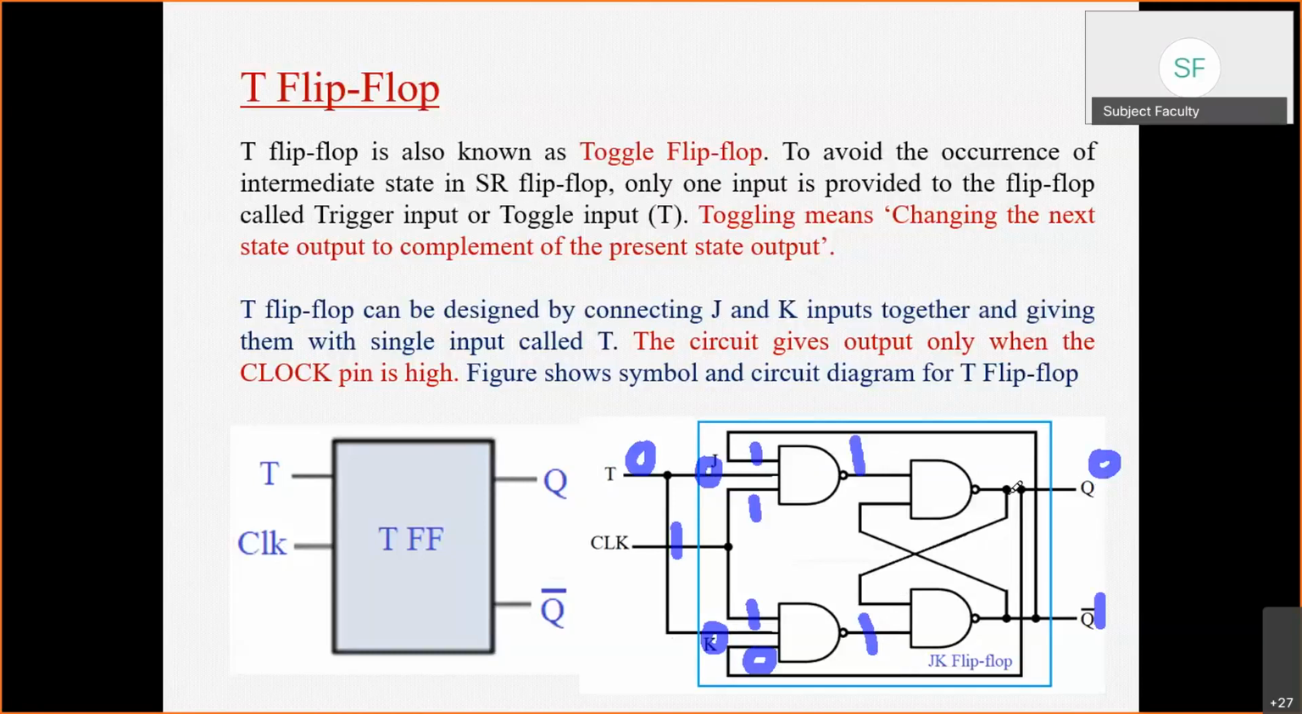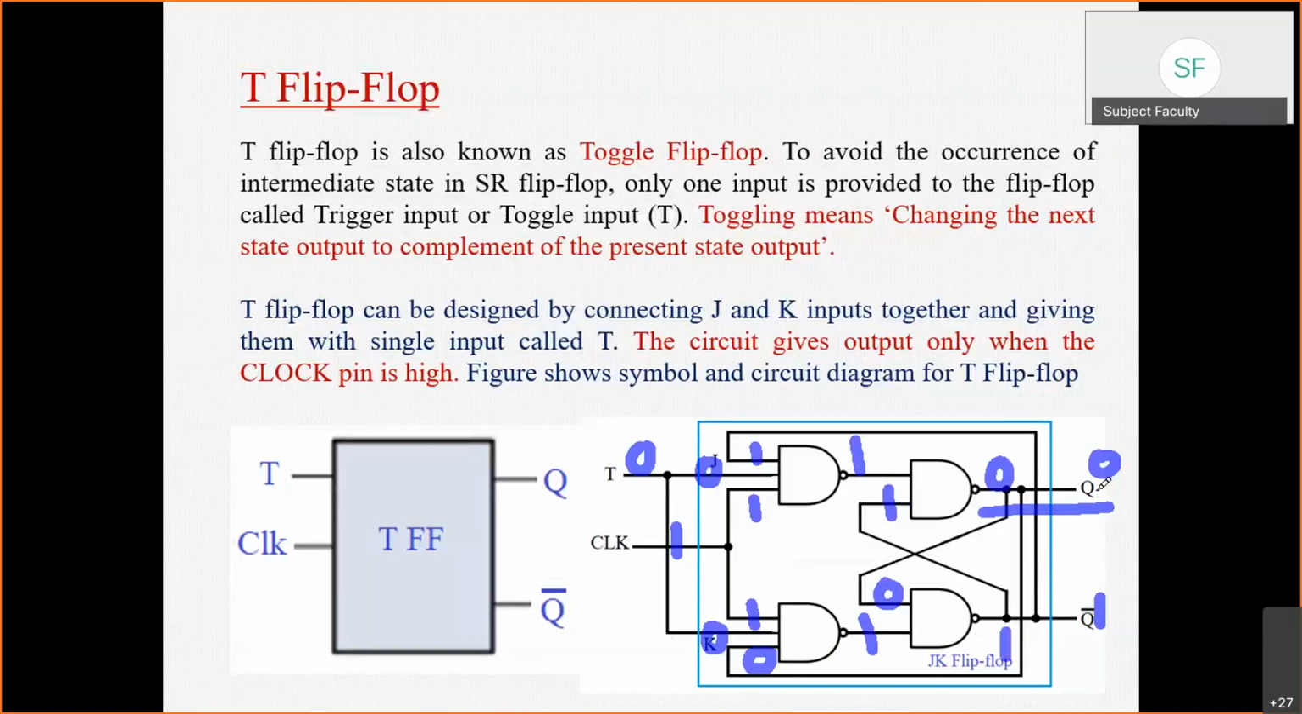So if you observe this, it is nothing but the value of q. This pin is nothing but q, so I have written the q here. Similarly, this q bar is given here. Now for this above 2 input NAND gate, the values are 1 1, so the output will be 0. Similarly here, when one of the inputs is 0, the output is 1. So you can observe